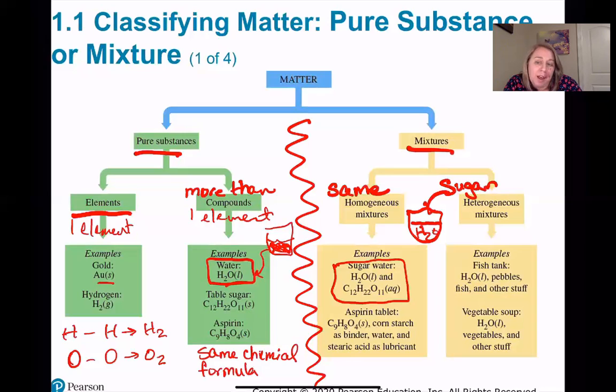The opposite side of that is if you mix two things. Let's say I have my pitcher of water, and instead of putting Kool-Aid in it, I'm going to put rocks in it. Yeah, I said rocks. If I swirl it around, doesn't matter how long I swirl it, what's going to happen? My rocks are still going to be at the bottom, and then I'll have water. Can you tell the difference? Can you look inside of that pitcher and can you see the difference between the rock and the water? Absolutely. So that's a heterogeneous mixture. You can see the two different things. So when you think heterogeneous, I want you to think different.